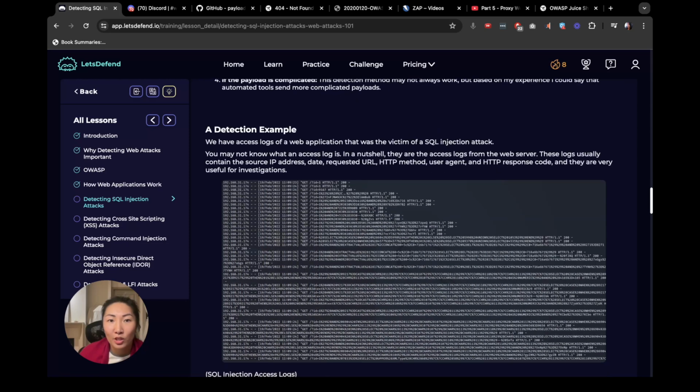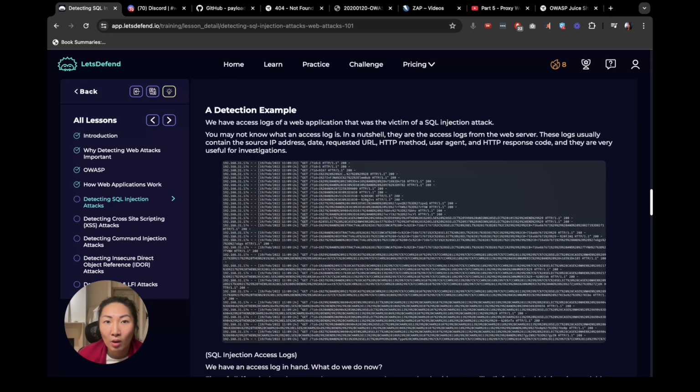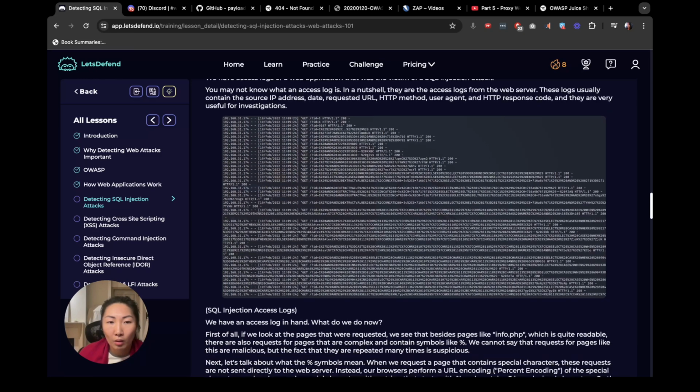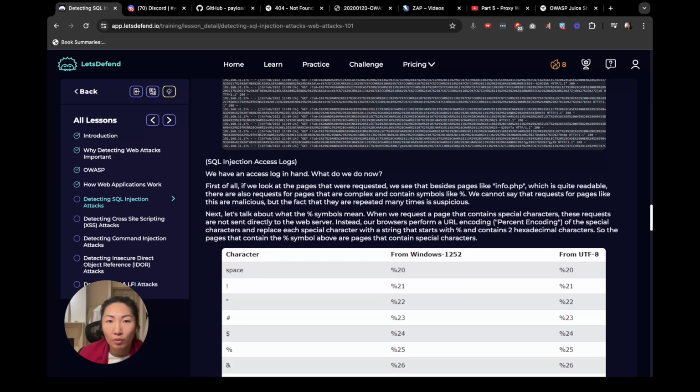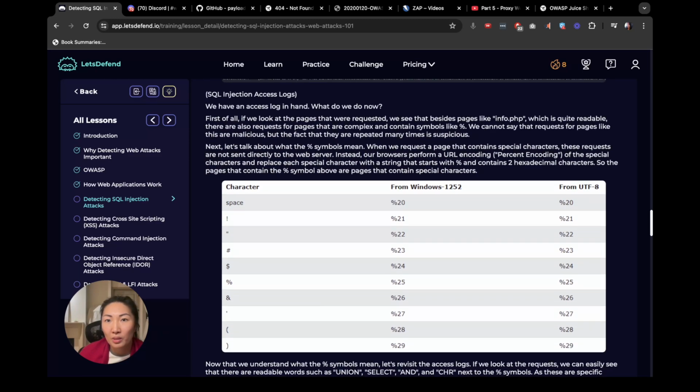Okay. A detection example. We have access logs of a web application that was the victim of a SQL injection attack. You may not know what an access log is. In a nutshell, they are the access logs from a web server. These logs usually contain the source IP, date, requested URL, HTTP method, user agent, and HTTP resource response code. They're very useful for investigations. First of all, we look at the pages that were requested. We see that besides pages like info.php, which is quite readable,